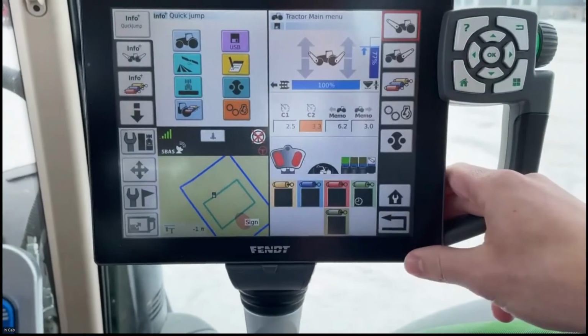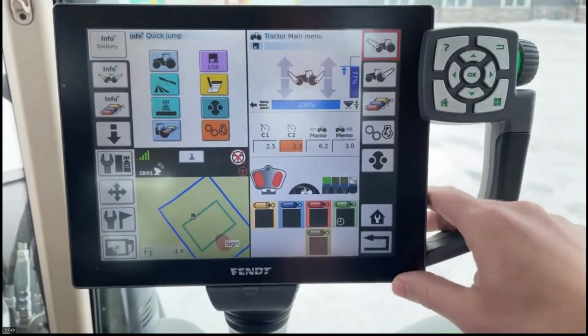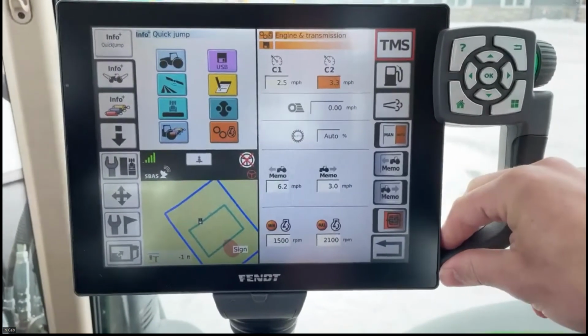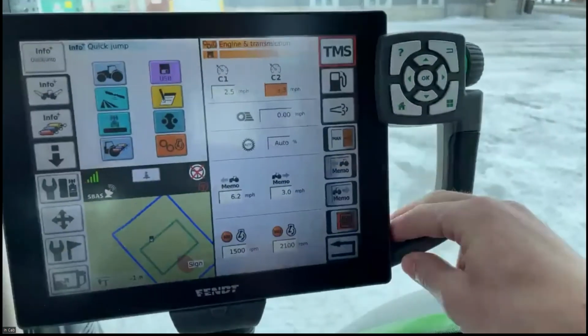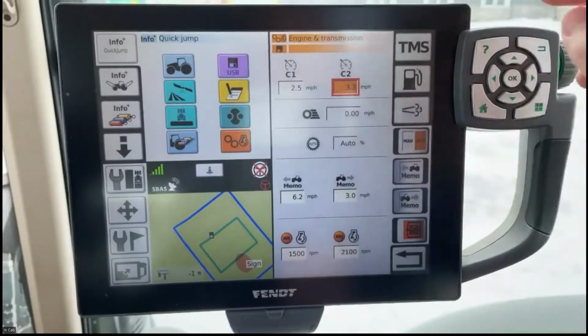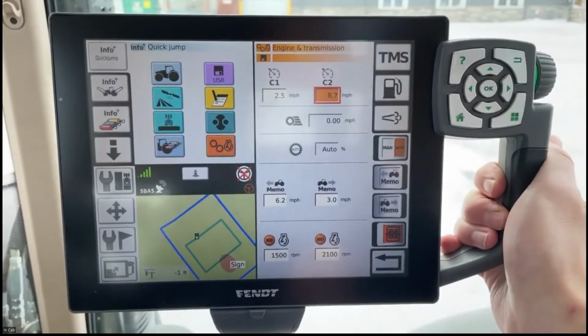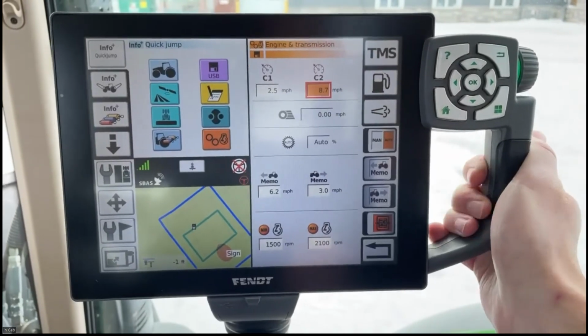Okay, back go to hydraulics. I think we explored that. We're now going to go into engine and transmission settings. So engine transmission, we have again our cruise speeds, cruise 1, cruise 2. Simply click on them and dial like you change any value in the Fendt terminal. Radar speed, we have